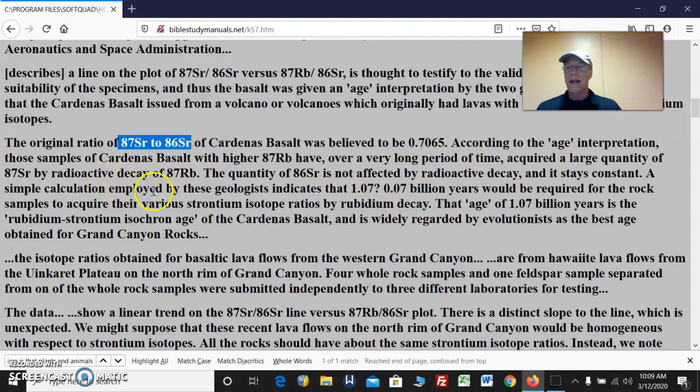The sample calculation employed by this geologist indicates that 1.07 billion years would be required for the rock samples to acquire their various strontium isotope ratios by rubidium decay. That age of 1.07 billion years is the rubidium-strontium isochron age of the Cardenas basalt, and is widely regarded by evolutionists as the best age obtained for Grand Canyon rocks. Okay,